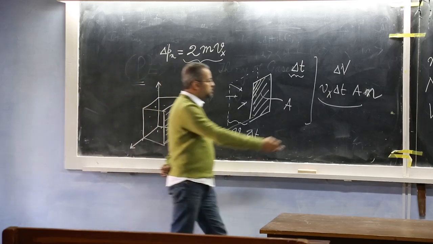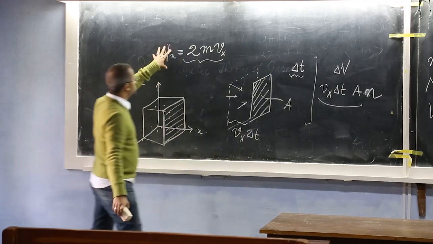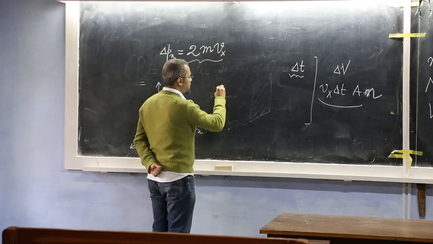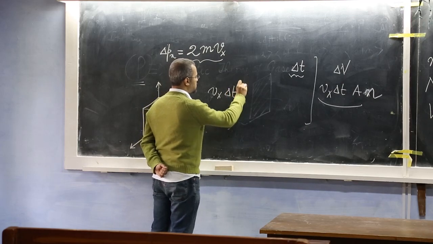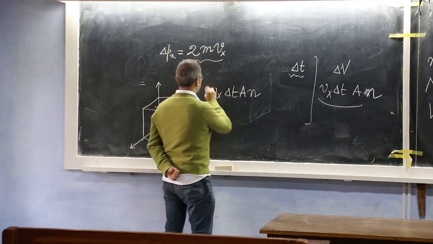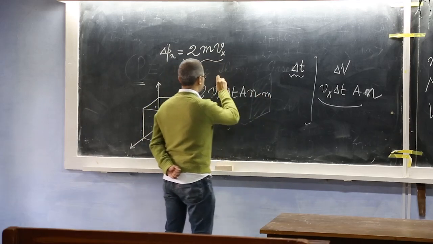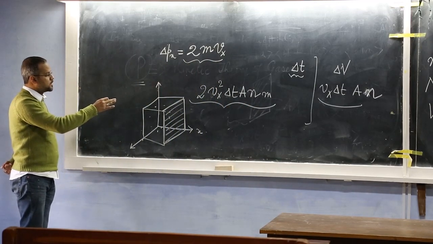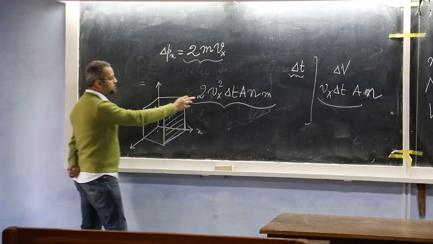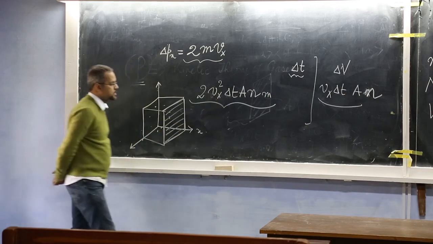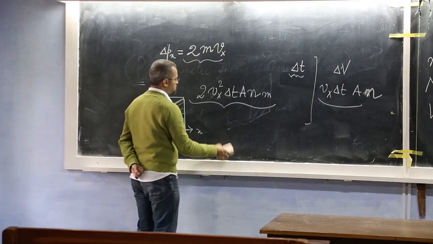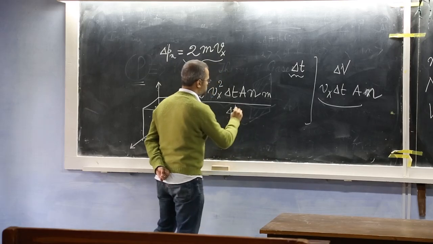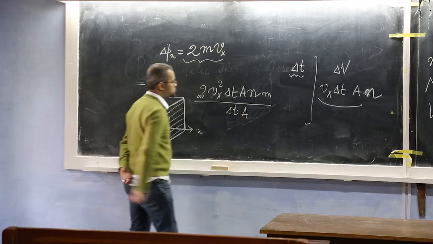So then for all of these we have to multiply delta px by that number, and what shall we have? We shall have vx delta t A n multiplied by twice m vx, so vx square. So this is the total momentum imparted to the wall in time dt by particles moving with velocity vx towards the x direction. Now if I divide this by the time,